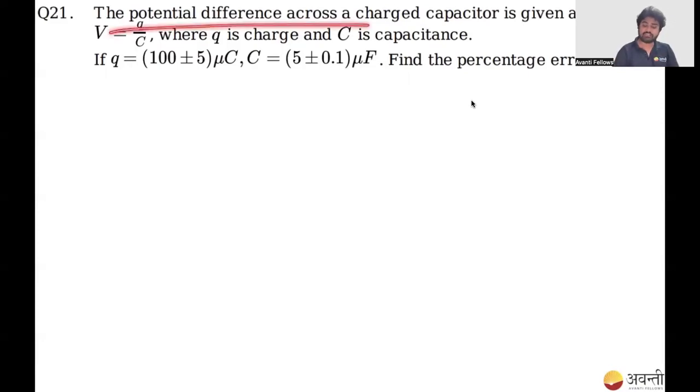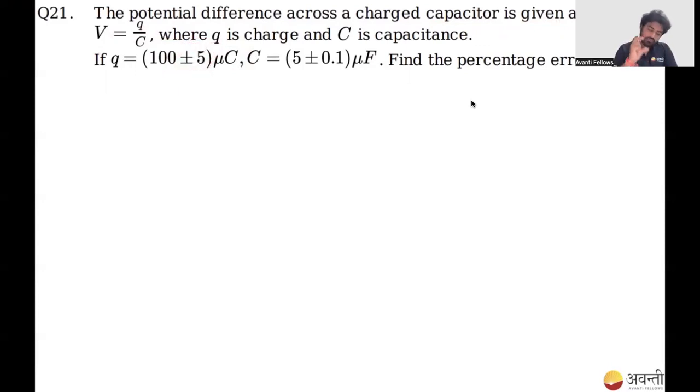It is saying the potential difference across a charged capacitor is given by V is equal to Q by C, where Q is charge and C is capacitance. Okay, it is telling the normal parameters. Charge is given as 100 plus minus 5. Whenever plus minus 5 is written, it means it has some